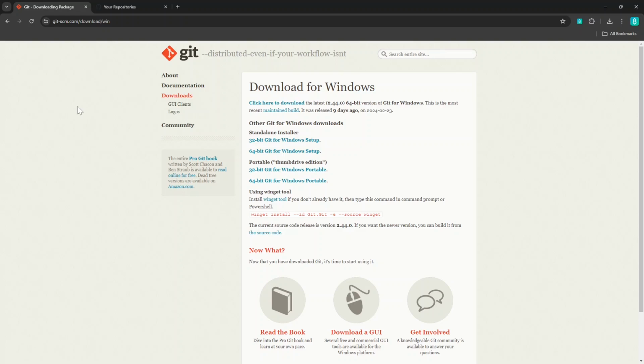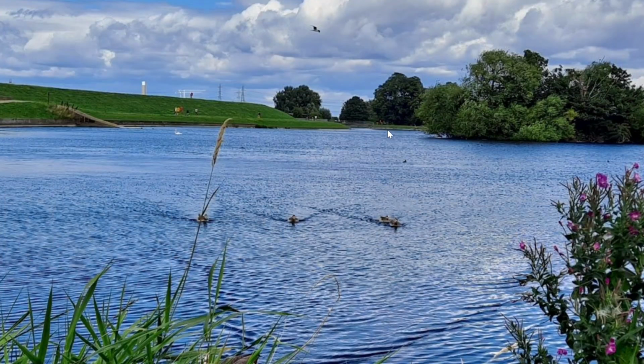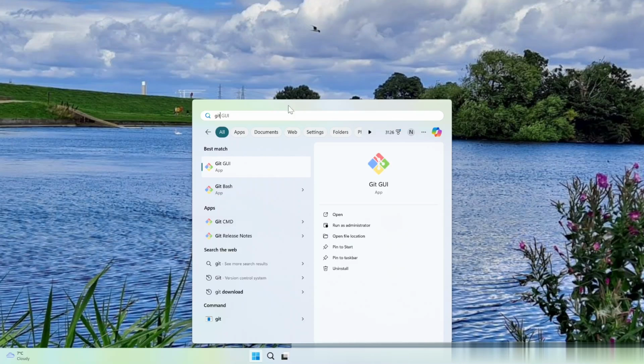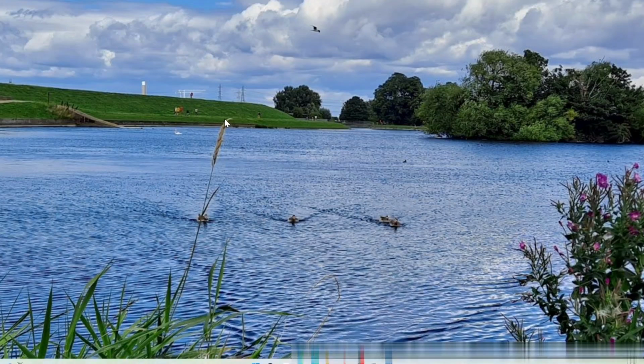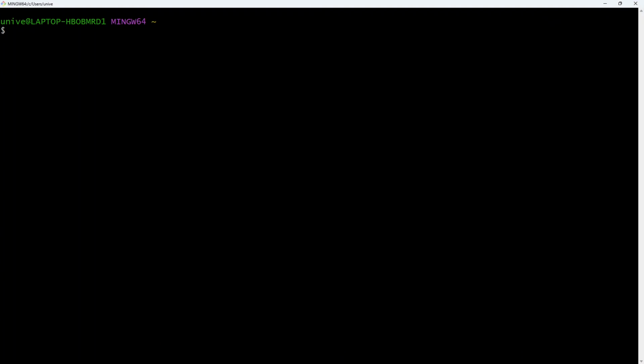Once you have done that, you can simply search for Git Bash. If you open Git Bash, you will get a prompt something like this, where you will see that it's a different bash terminal. We will be using this bash terminal to do further configurations. Okay, so first things first, as we have got our Git Bash up and running,